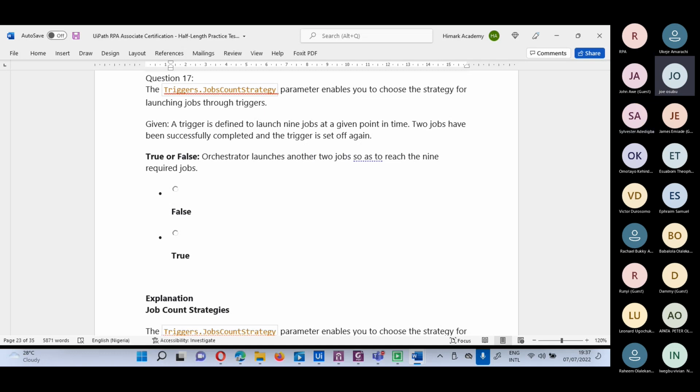Sir, it seems true, but it depends on the number of robots you have to work on the job, the number of robots you allocated. It's meant to be 9. It has 9 jobs to launch, but 2 have been done, so let's say we have 7 left. All right, so I'll go for 2. I will go for 2 normally, but then